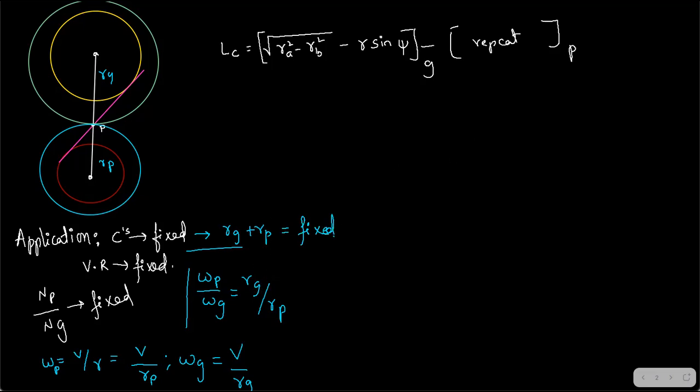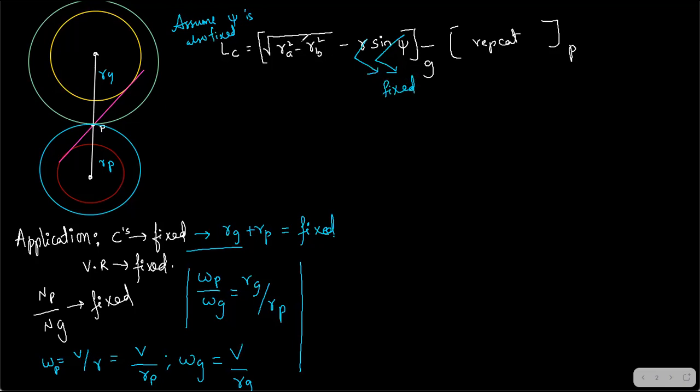If we are fixing both of those, we are also assuming that psi is fixed. We are checking by fixing the psi value. Psi means pressure angle, so you cannot change this value. I'm talking about increasing the LC. If you want to increase the LC, conditions are already given that psi is fixed. Is R fixed? Yes, R is the pitch circle radius, so this is also fixed.